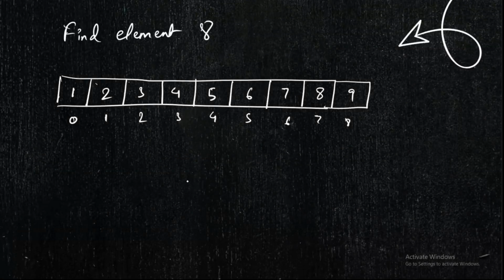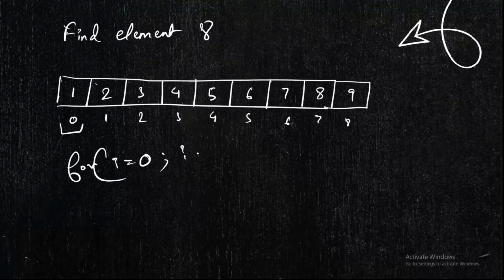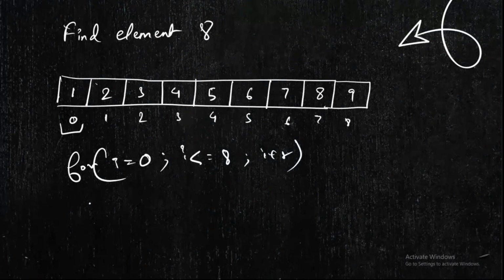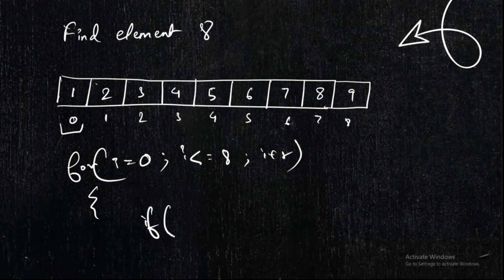So what we can write about the program. So let's write the for loop here. Just a second. Okay, so how would the for loop look like? Like we are traversing the whole array, and it would obviously start from the 0th index, and it would end at the last index, which in this case is 8. We would traverse the whole array, and we would just check whether the arr[i]